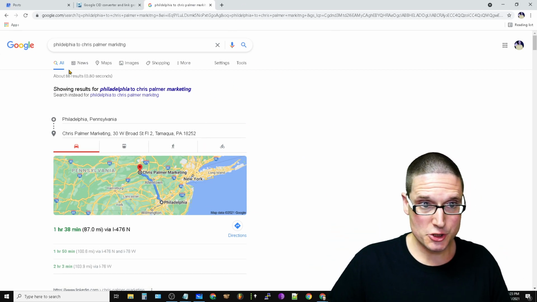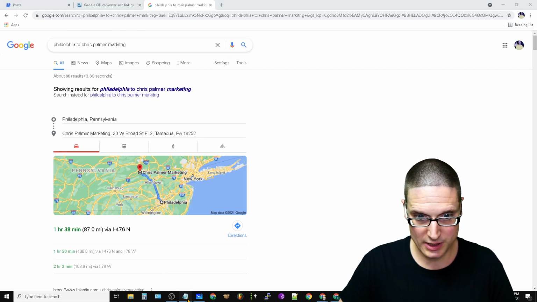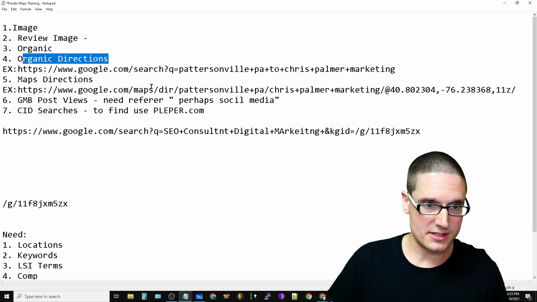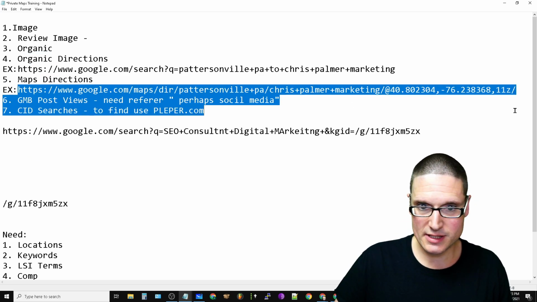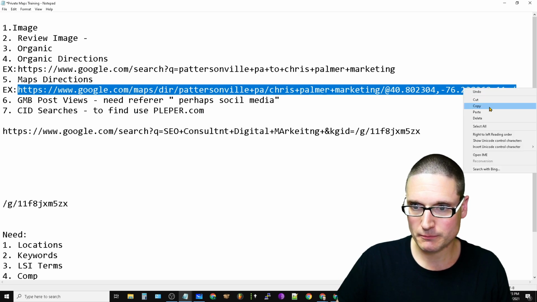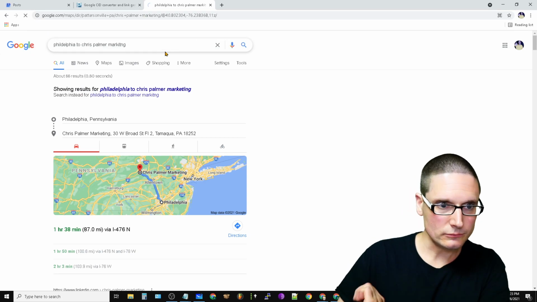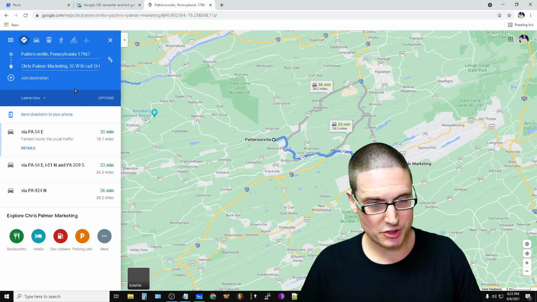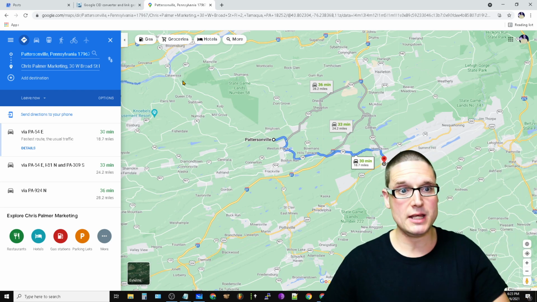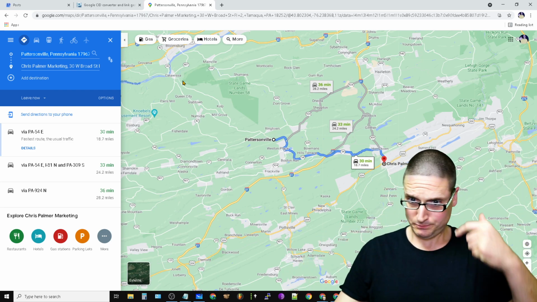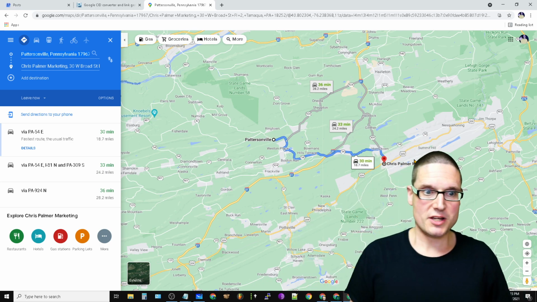So this is your organic request. So search query equals, right? And I put an example inside of this template for you. Next is map directions. So here is the example. Copy. We put it in here. All right, so it's a directional request from a location to my business. So from there to me, this is the example that I'm giving you. So from this location to me, these are requests that we want to do.